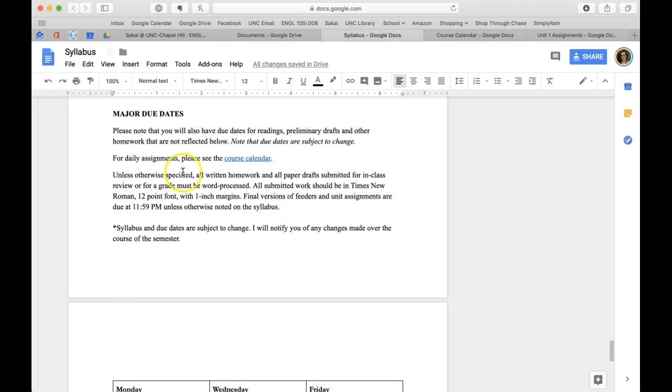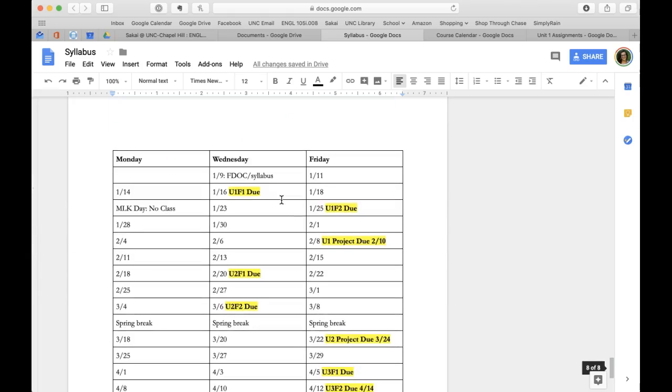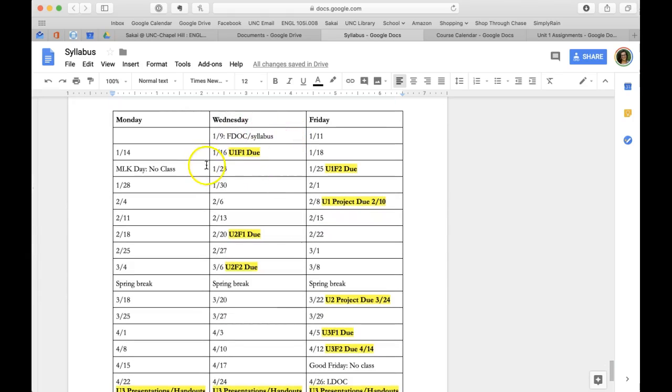And then I have below the major due dates. I also have right here how I want things to be submitted. So instead of writing them for each assignment, it's just here. Times New Roman 12-point font, 1-inch margins. Nothing about this is non-standard. So right now I have the due dates listed out.